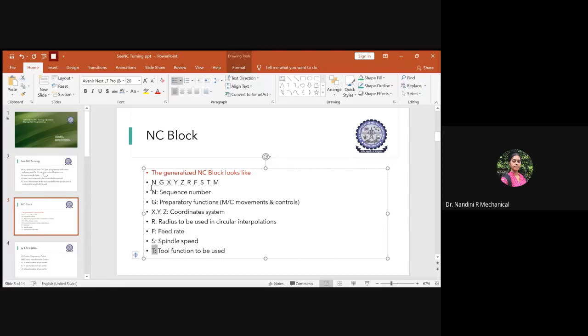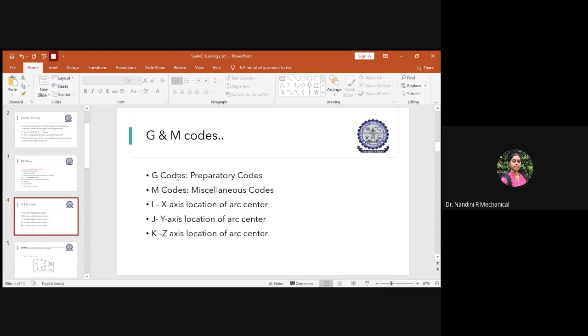These are the common parameters we use while writing any part programming. You should know what N, G, X, Y, Z, R, F, S, and T stand for. And M is for the miscellaneous codes, which are our M codes.